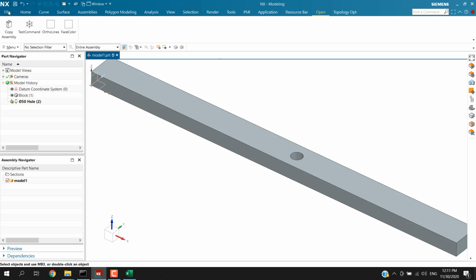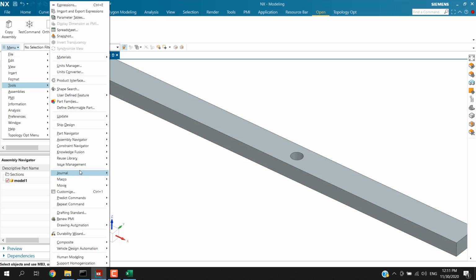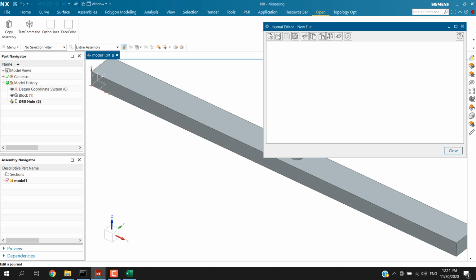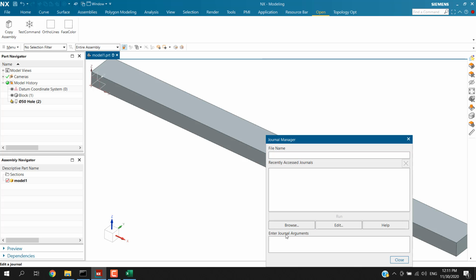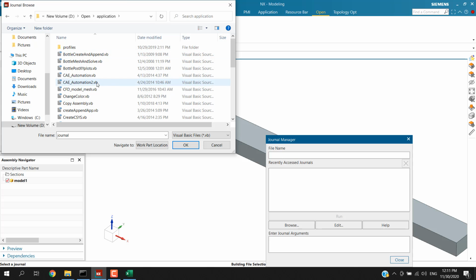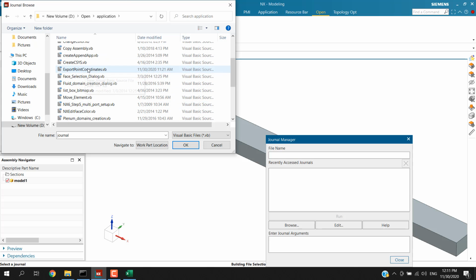It's from the menu: Tools, Journal, Play, and browse to the folder. For example, I will browse to the application folder, export point coordinates, okay,